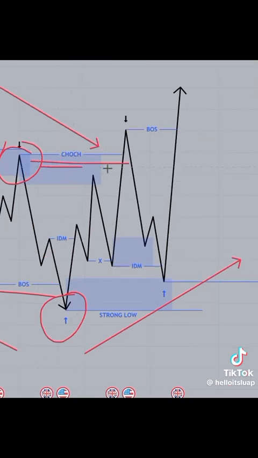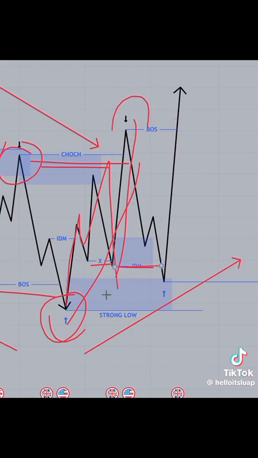And so after making that change of character, obviously the first pullback on this trading range, from this low to this high, is this pullback here, because as you can see, this pullback was swept and then price goes up. So this was the remaining pullback, so this was the major inducement. And so after the major inducement was taken out right there and price mitigated the extreme POI, we see price breaking past